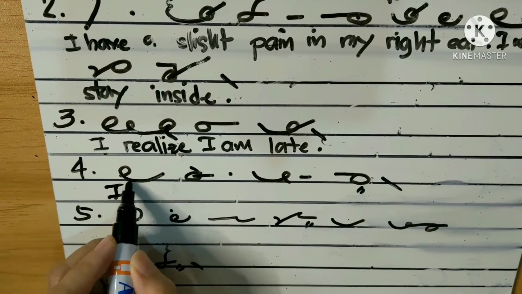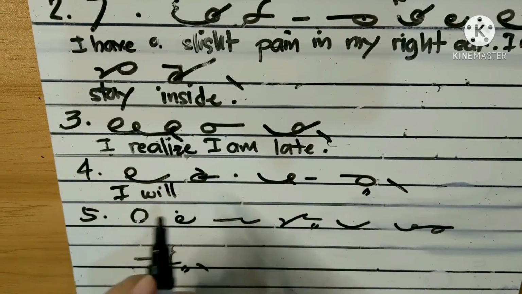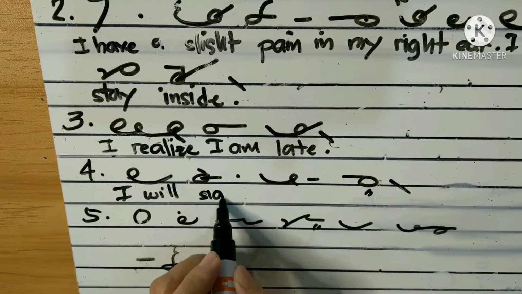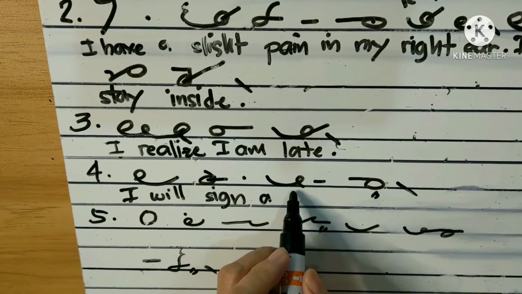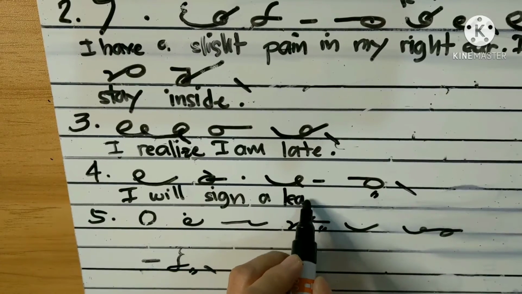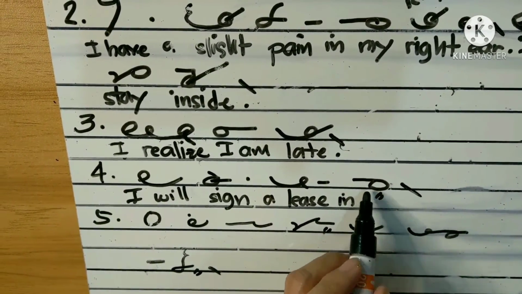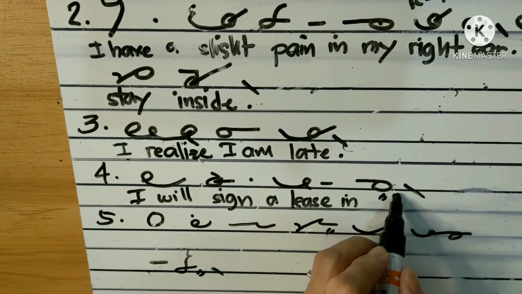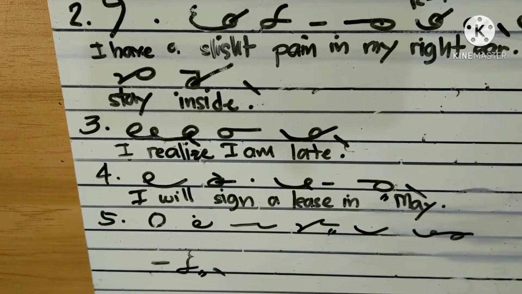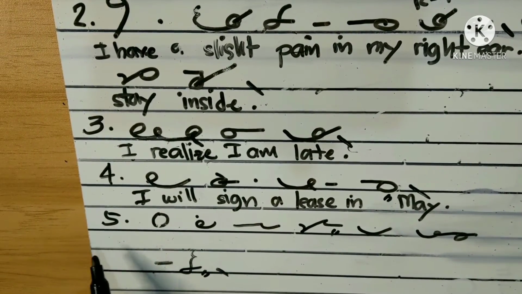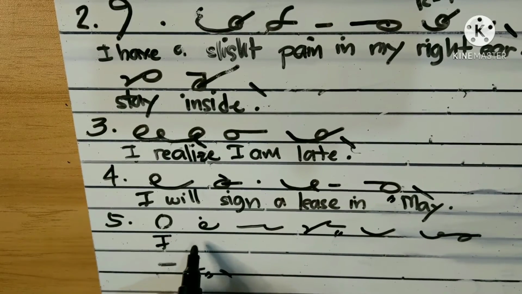I will, S long IN, sign, a list in, this is a month with capitalization, May, period. Number 5, I hear,